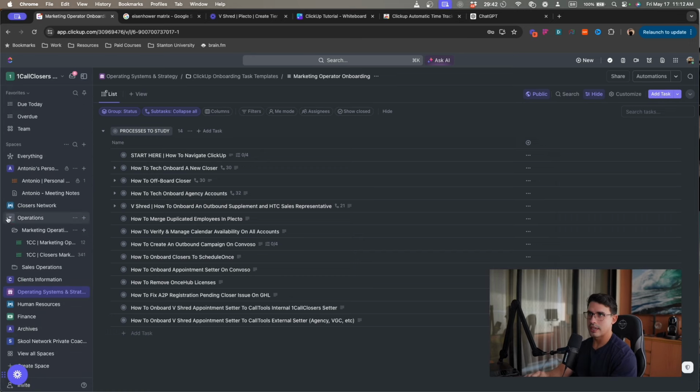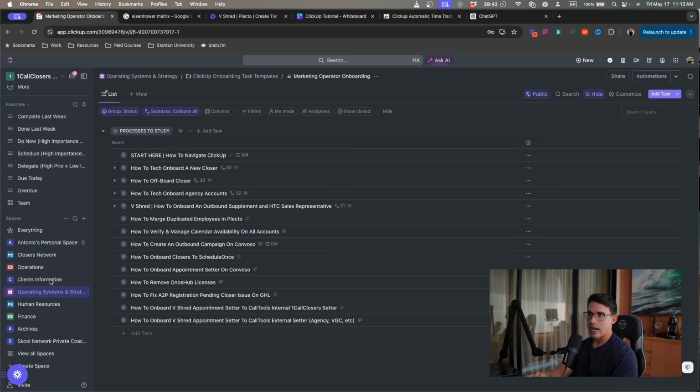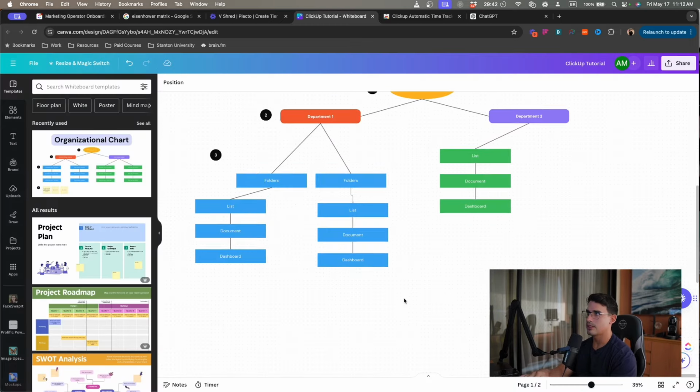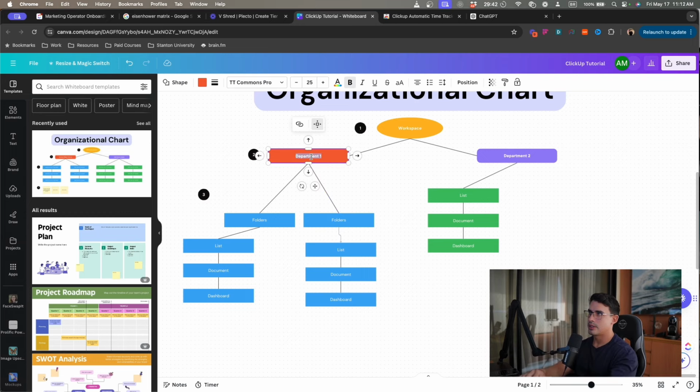In the beginning, I shared with you how I would organize based on departments, and then within each department you can put folders and lists within the business. So coming back to here, think about the finance department, right?